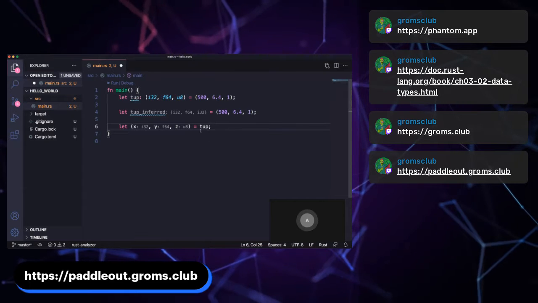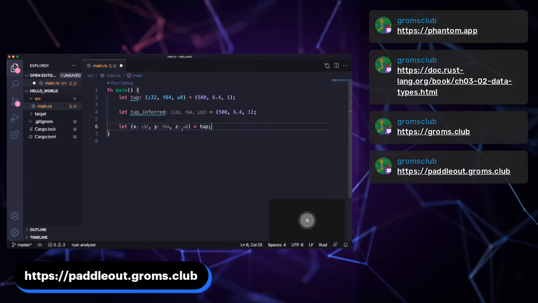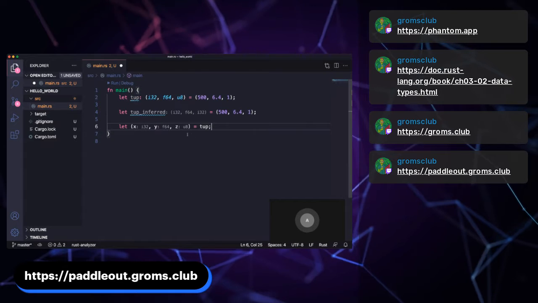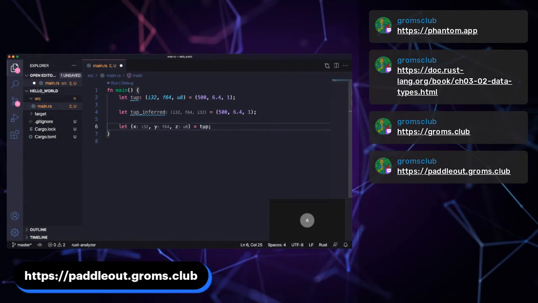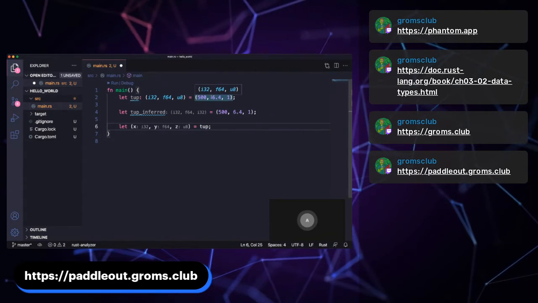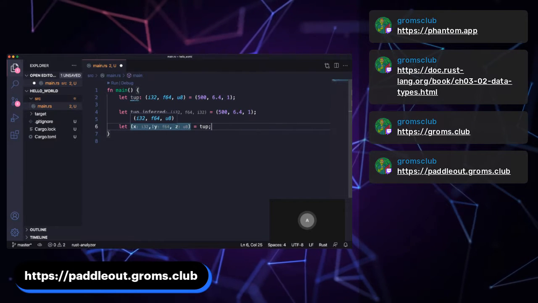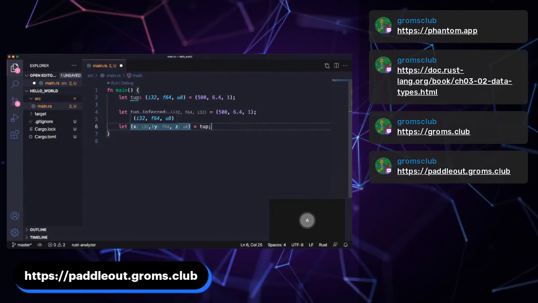And so here I'm destructuring this tuple variable. So what's happening is, knowing that this tuple has 3 values in it, I can take them out and